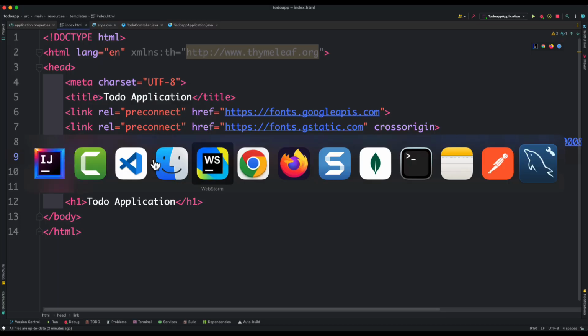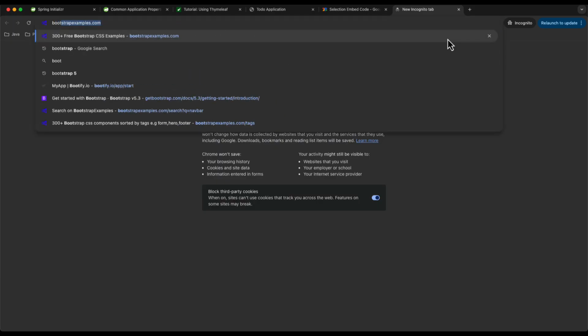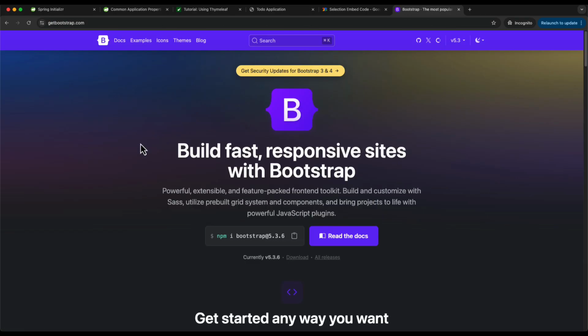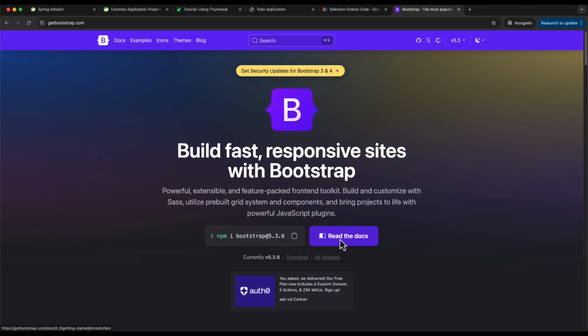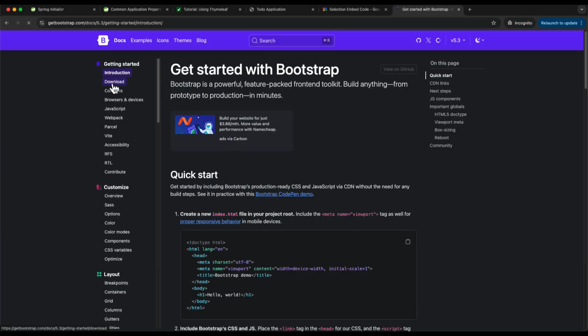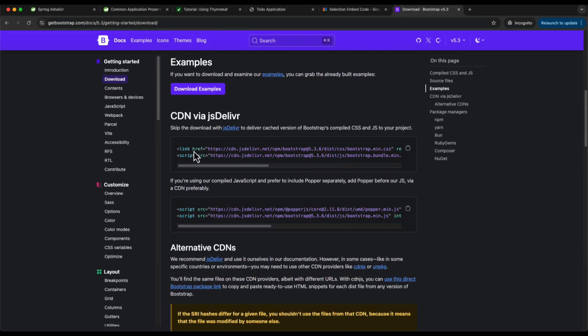Let's go to the browser, search for Bootstrap, select the first link, click on this read docs. The latest version is 5.3.6. Click on this download, scroll down. You will see the CDN links, the CSS file and the JS file. So copy the CSS